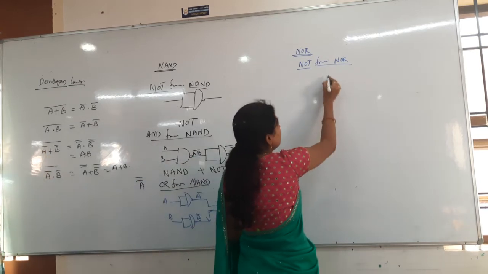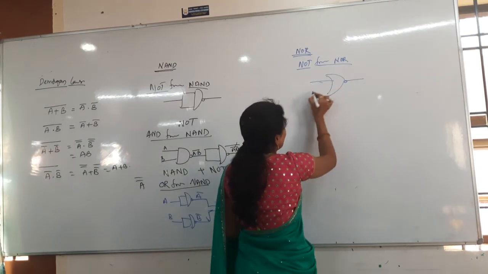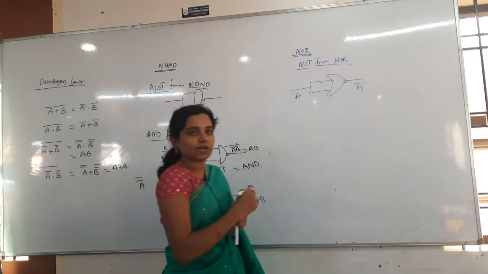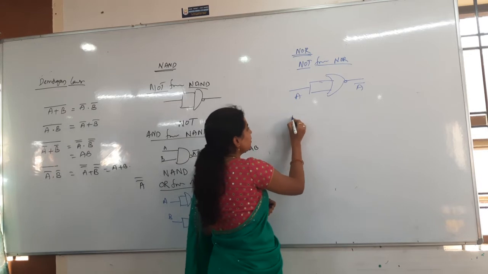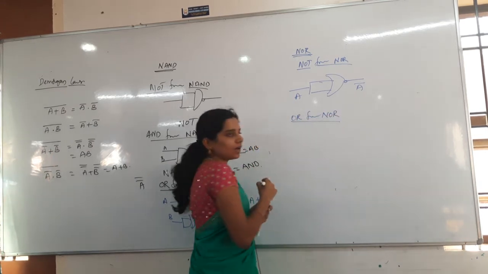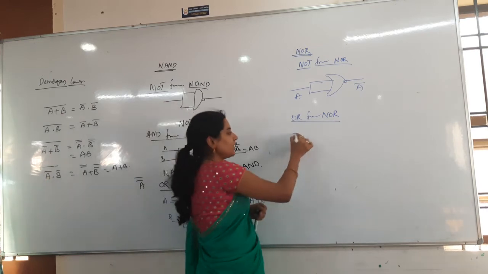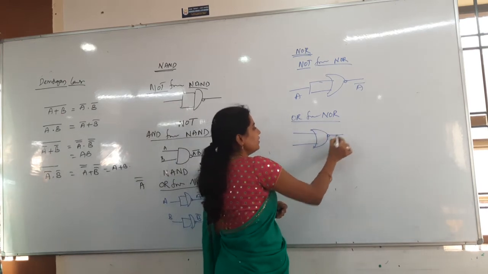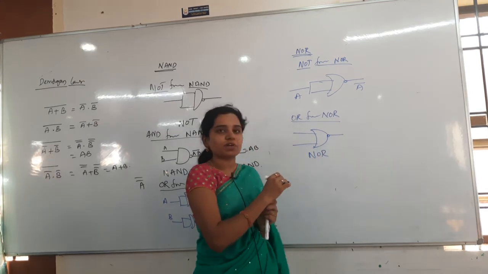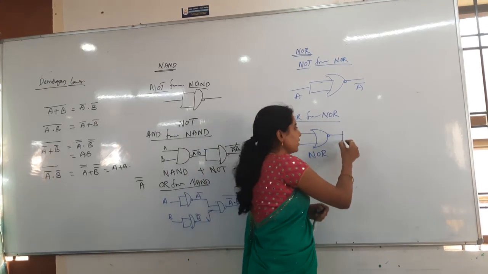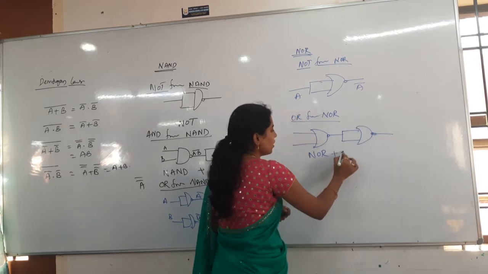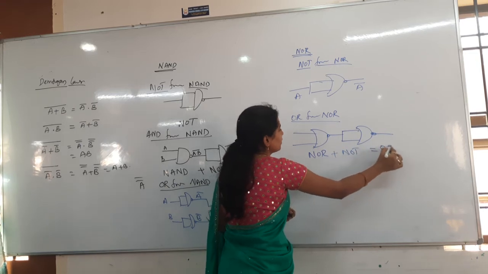So I have taken the NOR gate and I have combined the inputs. So this is A, and this is obviously A bar. Then next, I want to get the OR from the NOR. Then what do I have to do? For OR from the NOR, I take one NOR gate as it is here, then on the output I take a NOT gate again like this. So NOR plus NOT gives you OR.